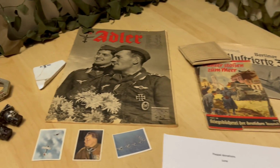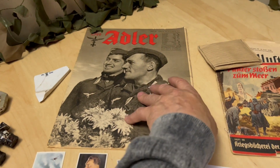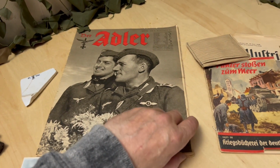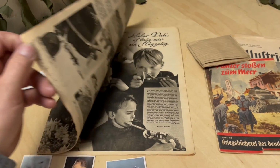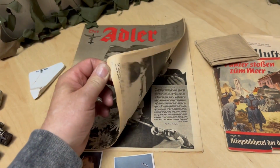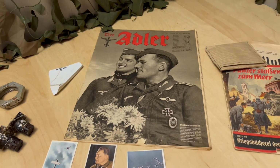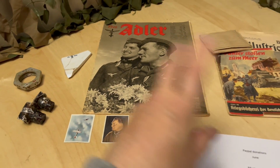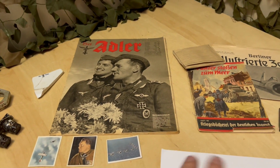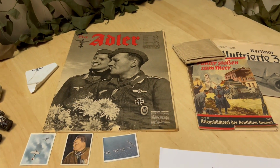Then we have this thing here, which is absolutely out of this world. This thing here is in such an incredible condition, and it's pretty rare, and it's just amazing. It is just amazing to see some of the images in this Zeitung, or this magazine. This has got nothing to do with politics. We just treat them as World War II artifacts, and we want you to have them